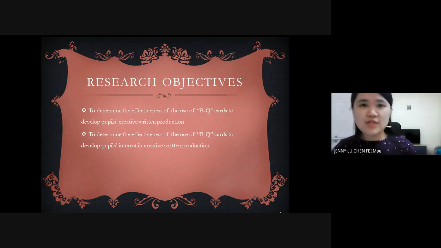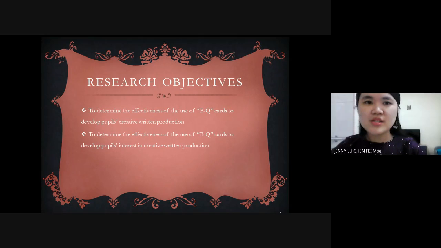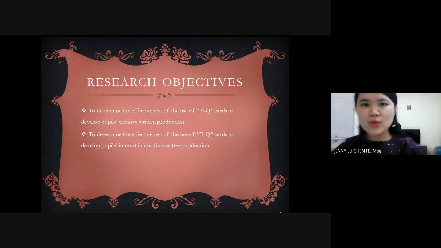So what is the objective here? There are two main research objectives. The first one is to determine the effectiveness of the use of BQ cards to develop pupils' creative written production. And the second one is to determine the effectiveness of the use of BQ cards to develop pupils' interest in creative